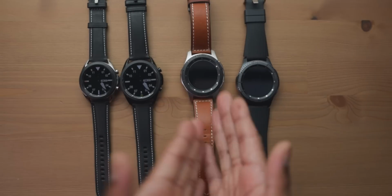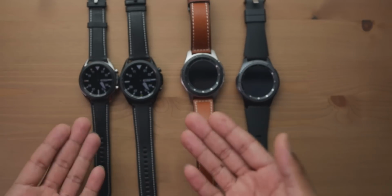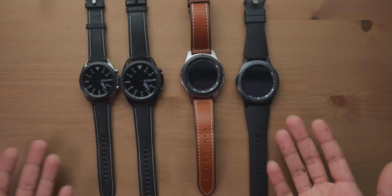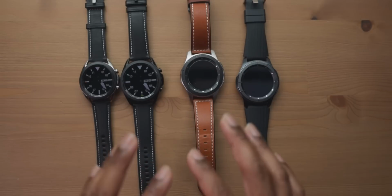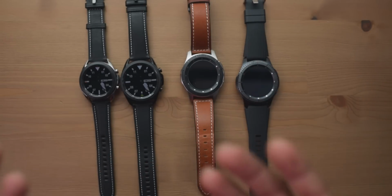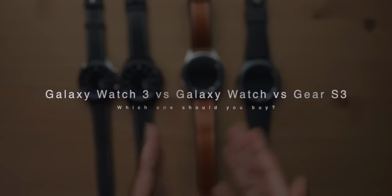if you need to upgrade to either the Galaxy Watch or the Galaxy Watch 3, whether you're a Galaxy Watch user who wants to decide if the Galaxy Watch 3 has enough to offer to make you upgrade, or if you're a brand new smartwatch shopper and you're looking at Samsung watches, which have the more traditional smartwatch look, you want to know what they have to offer and if you should buy the Galaxy Watch 3, Galaxy Watch, or